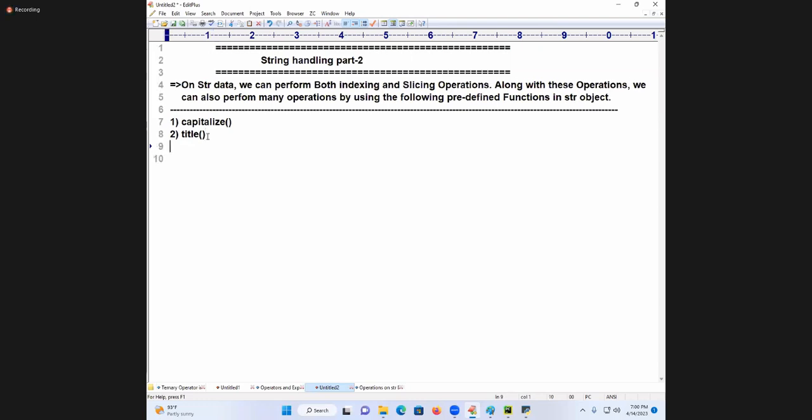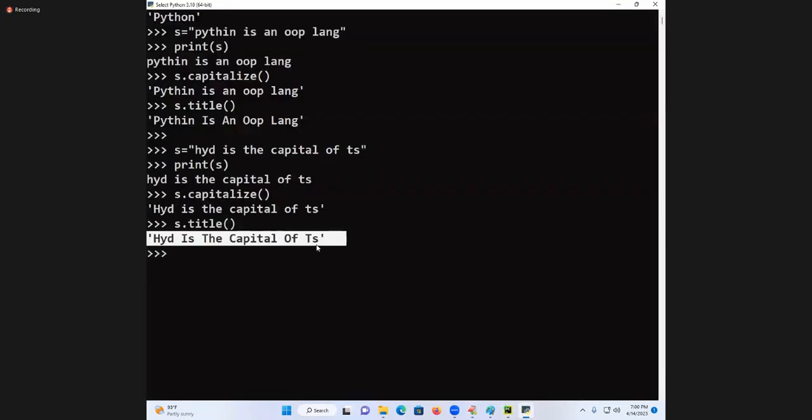Understand? Next, the third function. I'll show the description of it. First you understand the functionality. Next function I am going to introduce. These are the most useful functionalities. Now I am taking PYTHON. What did you understand in that? First three letters are